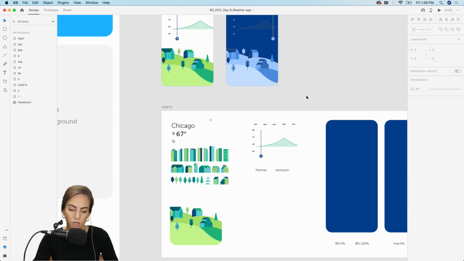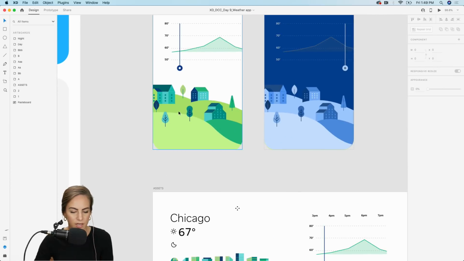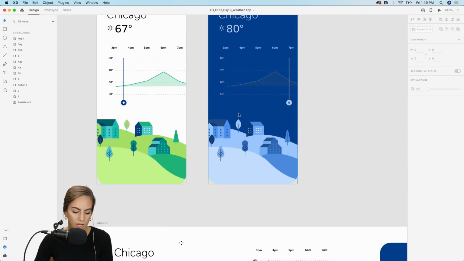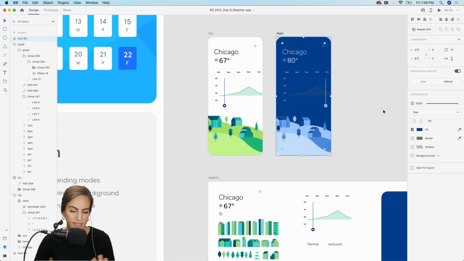So yeah, I just encourage you guys to mess around with those blending modes. If you have any questions, feel free to ask on Discord or Twitter. But yeah, try to play with just adding one element in the background and adding at least another layer on top with hue or color, any kind of blending mode you want, and see how you can auto-animate it.